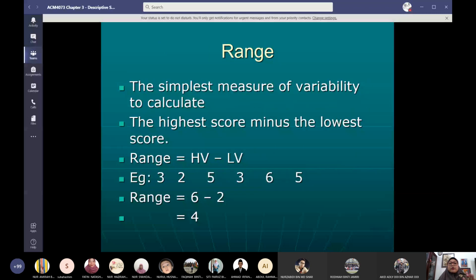So in this case, 6 take away 2 is 4. You start with 3, 4, 5, 6. You stop at 6, and then you continue with 7. You can't do 7 because the highest number in this group is 6. So your data is between 2